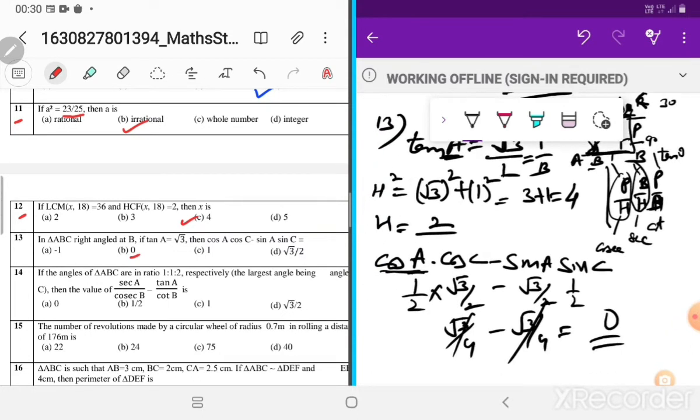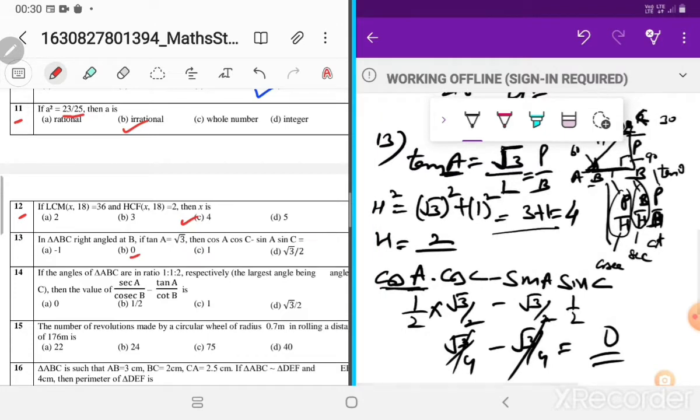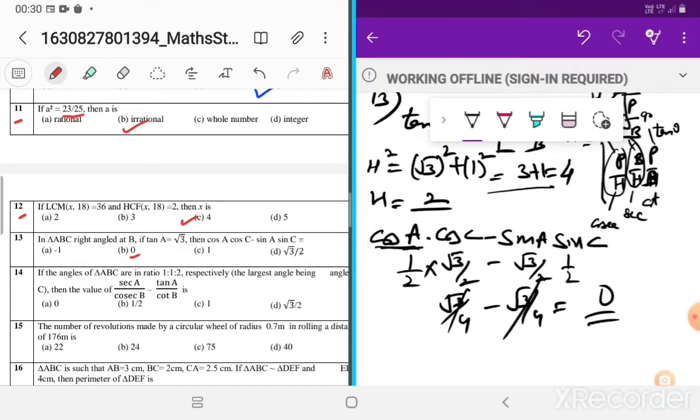So like that you can substitute the value of angles and then you can easily find out the answer. If you find this method difficult, you can apply the other one also. There are two methods. So you should know the values first for that method. You should know the values of all angles, theta, 60, 30, 90, all. You should know all the values.